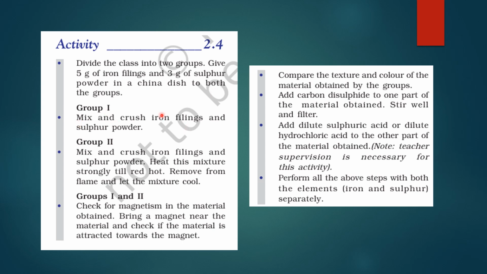Mix and crush the iron filings and sulfur powder. और ग्रुप 2 में हम क्या कर रहे हैं? We mix and crush iron filings and sulfur powder. Heat this mixture strongly till red hot. Remove from the flame and let the mixture cool. ठीक है? Now, अब groups 1 and 2, they check for magnetism in the material obtained. How you will check? Bring a magnet near the material and check if the material is attracted towards the magnet,